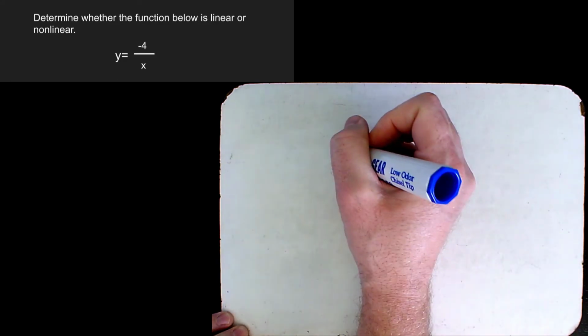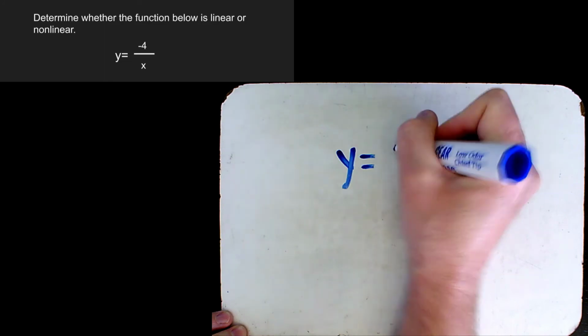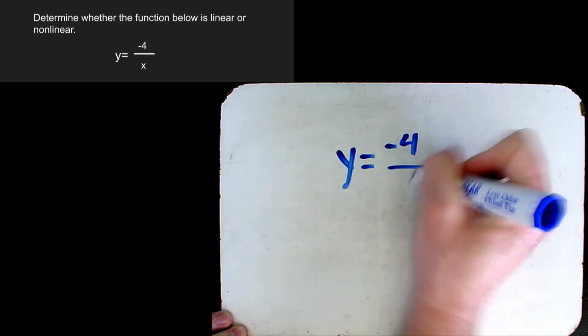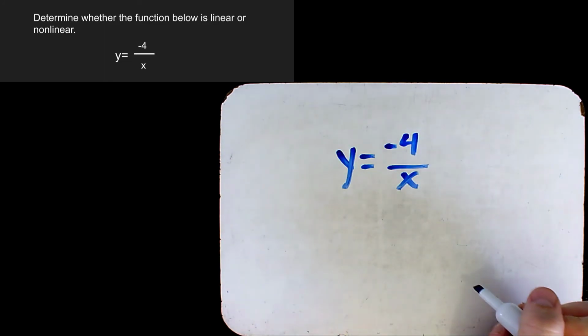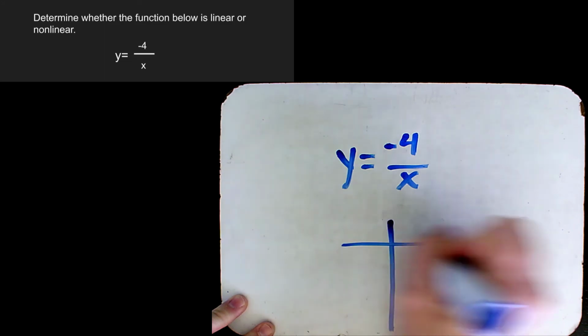And here's our final problem that we're going to look at today. It says, determine whether the function below is linear or non-linear. And in this case, they haven't given us a table. All they've given us is the equation y equals -4x. However, I can still make a table to see if this is linear or non-linear. So what I'm going to do is I'm just going to make a table down here, and I'm going to